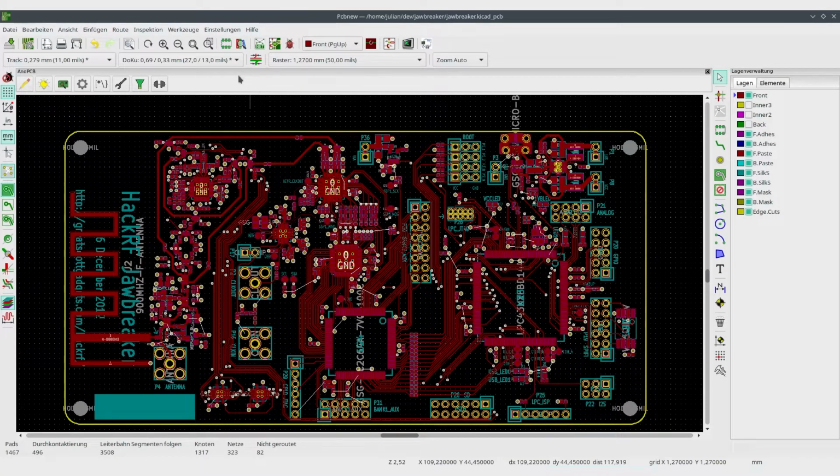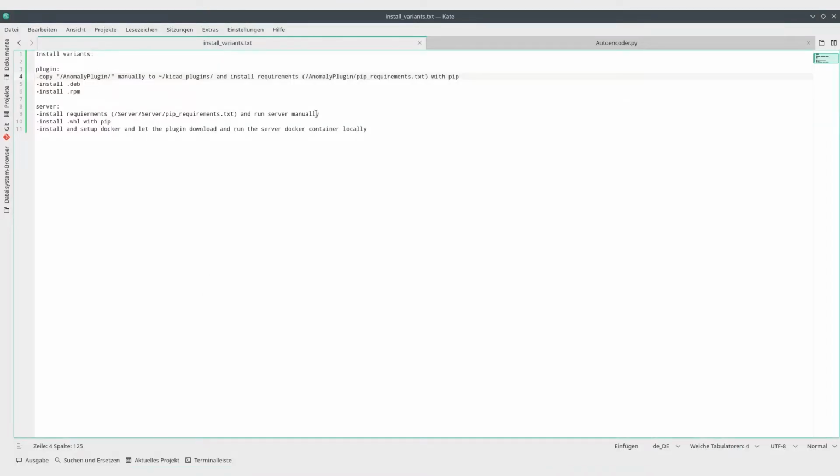This plugin is not just a plugin itself, it also has a server counterpart where machine learning calculations are done, as well as a model and training set collection. So you also have to install a server and deploy it. Some variants are to run the server manually and install the requirements.